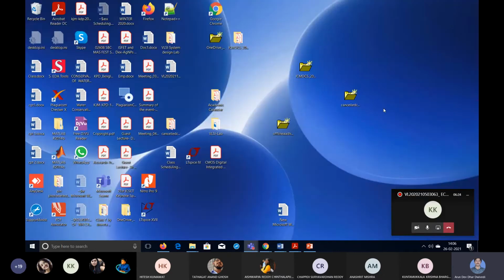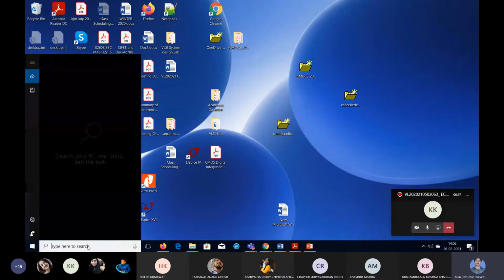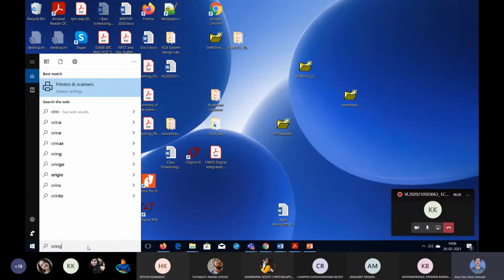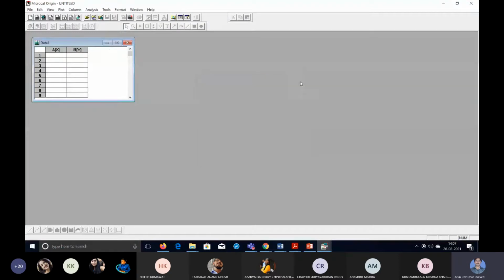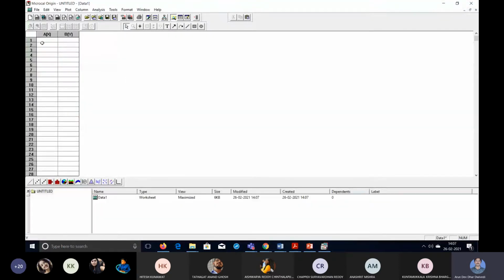So better now I can explain how to use this Origin. So I am going to Origin. This is showing Origin 6.0 Professional. Clicking on this, other things should be closed. This is starting with two columns, column A and column B. Column A may be VGS, column B will be ID. Also we want underroot ID, so I will add another column, by right click and add new column. So column C is also available.